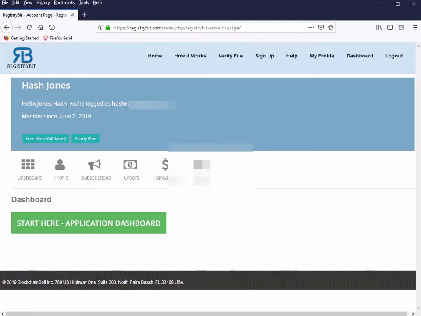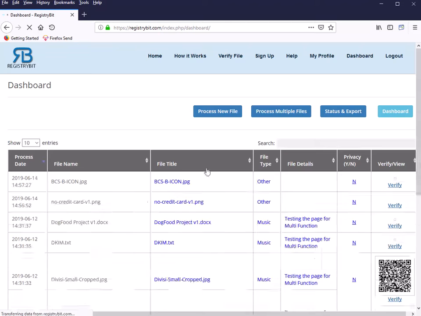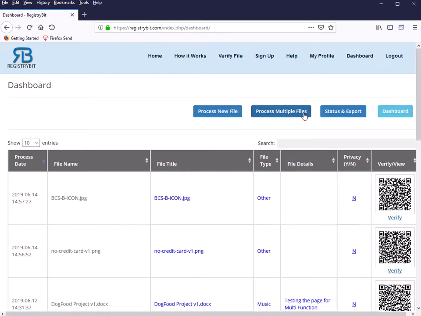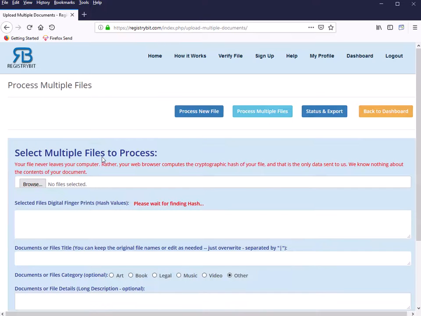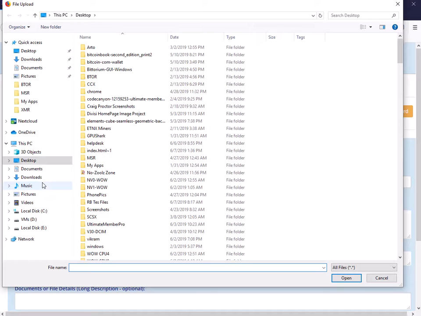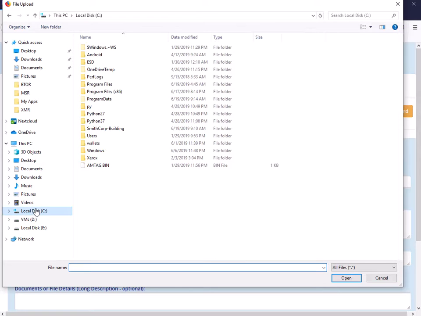What I'd like to do here is demonstrate how you can process multiple files at one time. So proceed to the application dashboard here. Proceed to process multiple files. Navigate to the folder that you have your files at, and I've set up a project here on my C